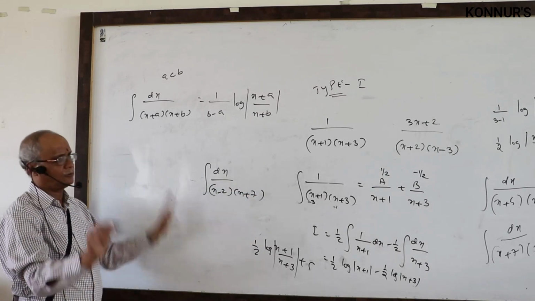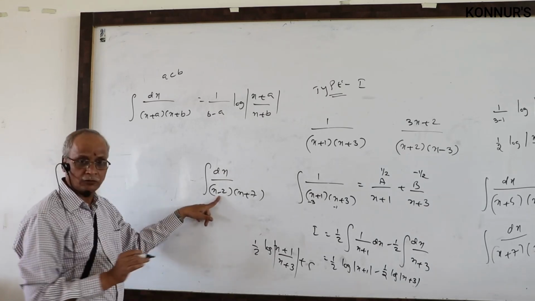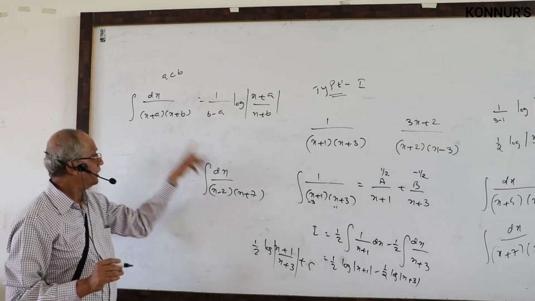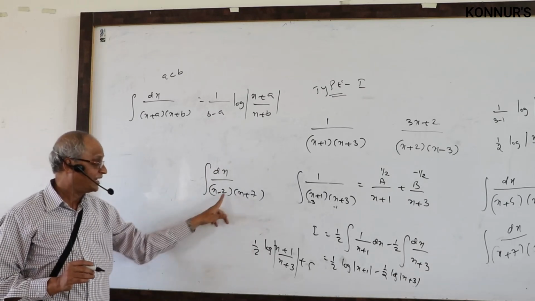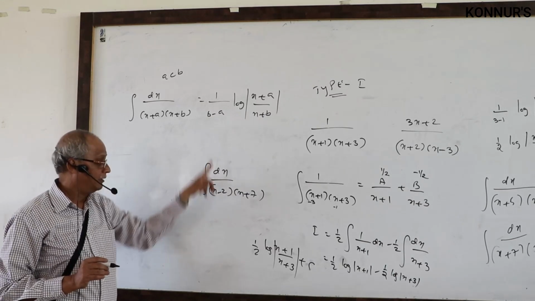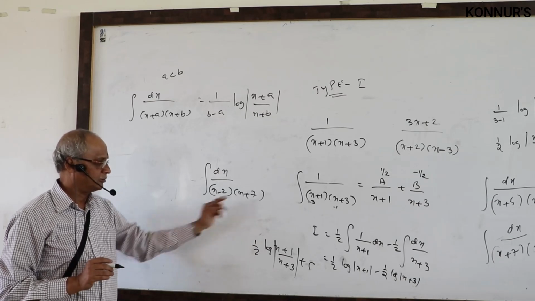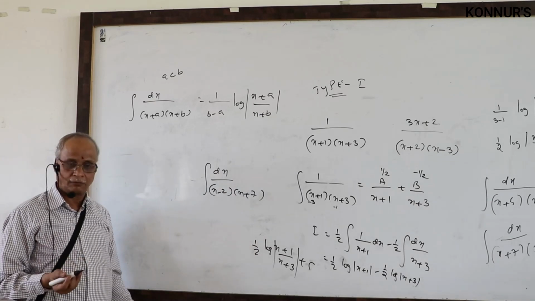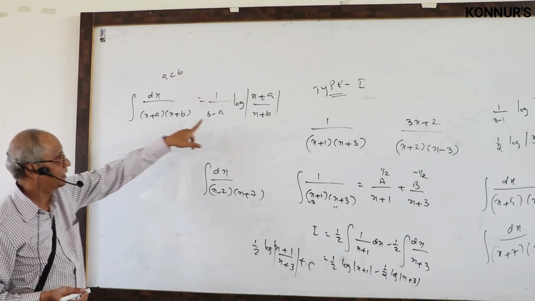As usual, blindly without knowing small and big, suppose you write, assume that a value is minus 2, b value is 7, continue. The answer is 7 minus of minus. Okay, minus in the formula, minus in the problem. 1 by 9 log x minus 2 by x plus 7. Finish. So 4 problems I give at a time in one single result.